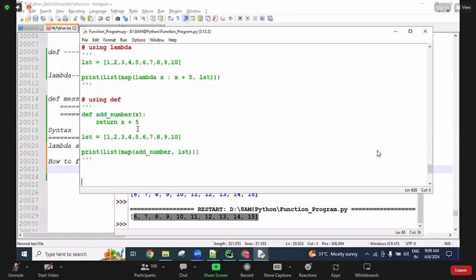So the map function takes an expression and returns the result, and the filter function takes an expression and returns only the matching x values. The point to remember. Now here,